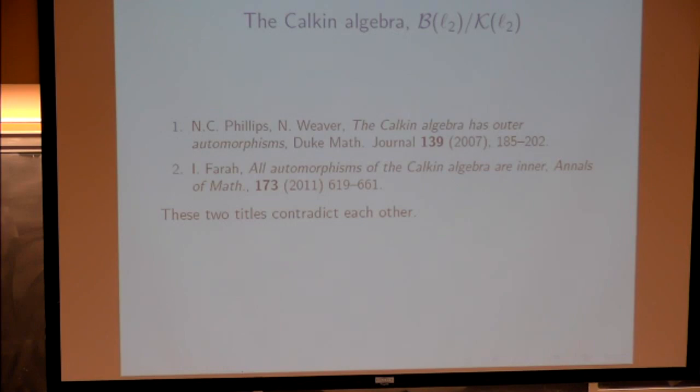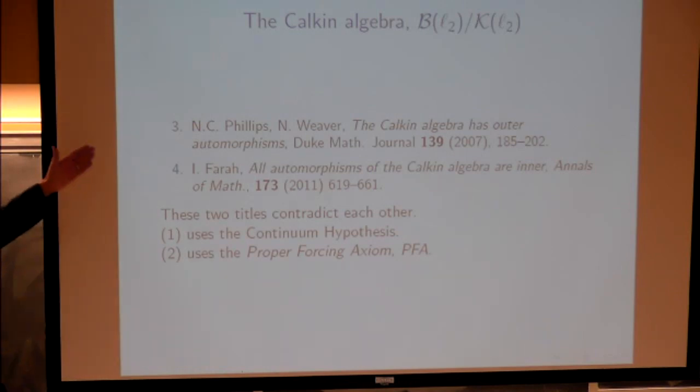So this may seem like showing that ZFC is inconsistent, but it's not that. Basically, they were not completely precise with their title. What is going on is that they used the continuum hypothesis. And of course, writing "continuum hypothesis implies that the Calkin algebra has outer automorphisms" was too long, I guess. But once they had their title, I had no choice but to say this. So now we're stuck with it. Anyways, this is a question which was actually asked about the same time when Shelah proved his theorem, and his methods definitely can be traced down. I mean, they form the seed of the whole subject.